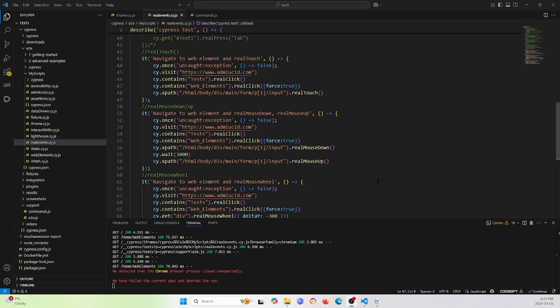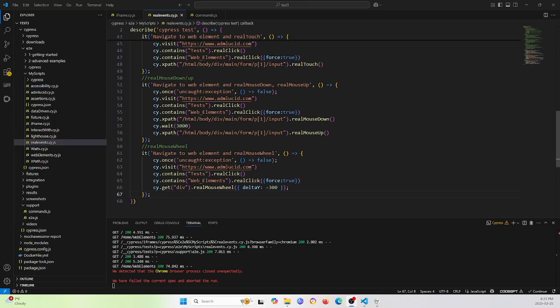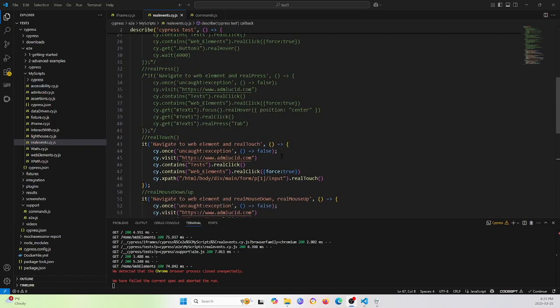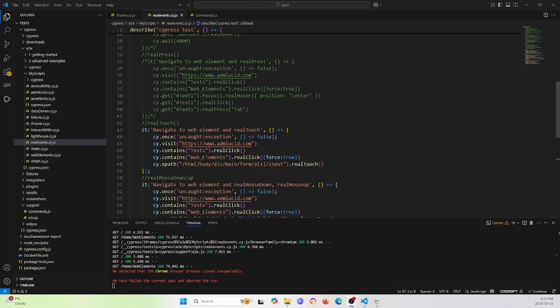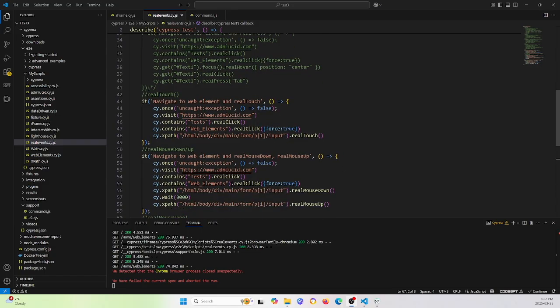Okay, we continue to look at the other commands, commands like realTouch, realMouseDown and up, and realMouseWheel. And we copy the code from our project and paste here. You see, just realTouch, get this one, web elements and realTouch. And here is